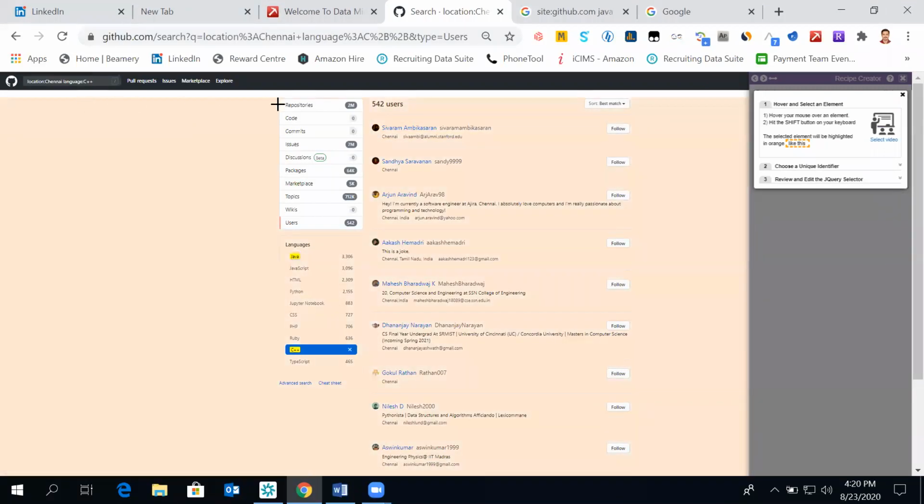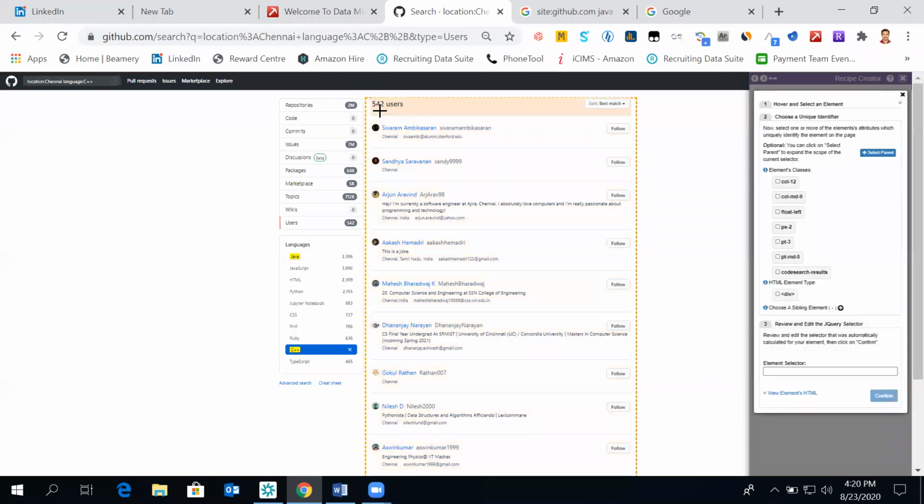See, the entire page is full of elements and data sets. Okay, so this is one of the elements. This is one of the elements. And here the list page is one of the elements. So this is the one. All the results are available in this one entire set, and this is one of the subsets under this particular set. So we just need to understand which is that one particular set. Once we understand that main set, I go on my keyboard and press shift, and that's where it gets highlighted.